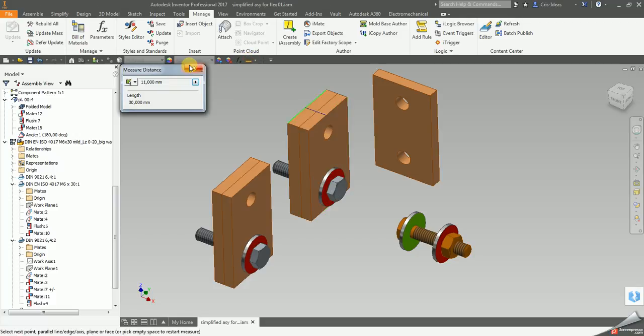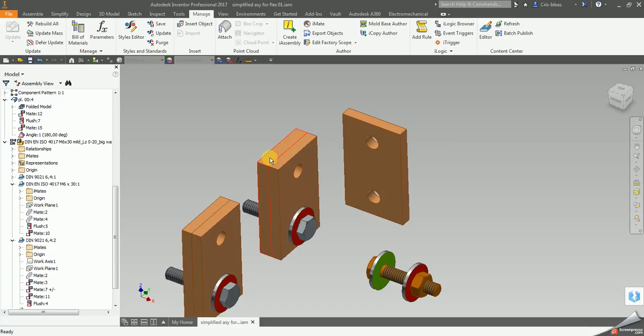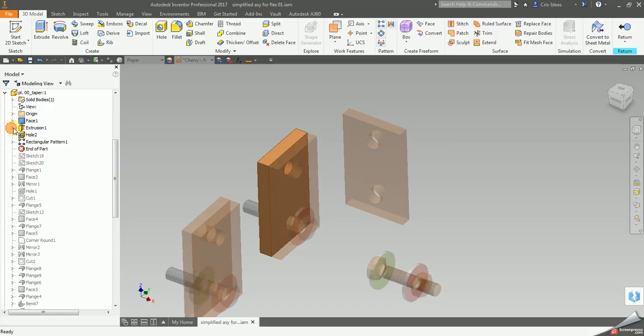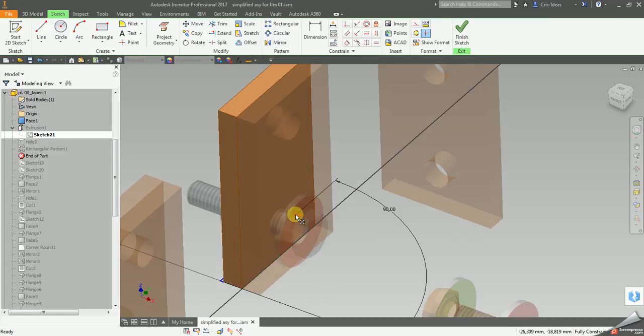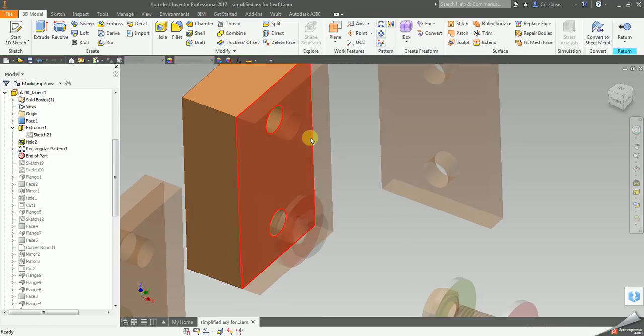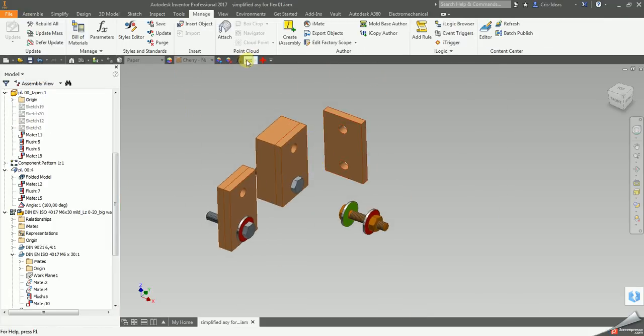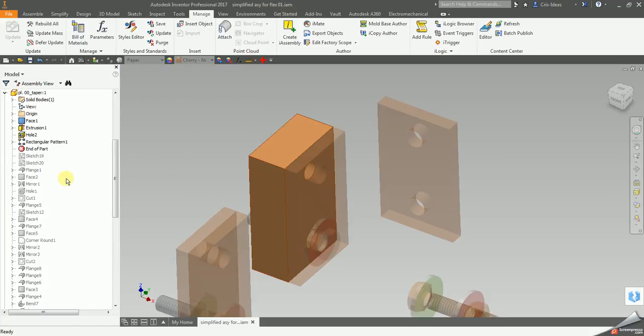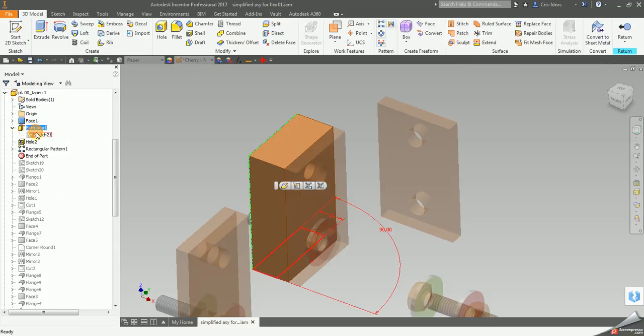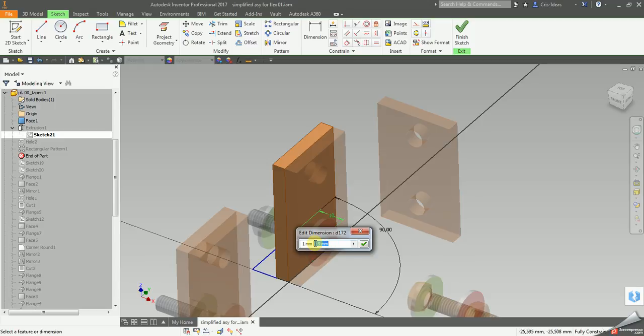So currently this is 11. If I add 7, I will be at the edge. If I add more than 7 to the thickness, I will be out of the range. So if I go here, I have prepared this extrusion, and if I specify, let's say, 1 plus 9, then the thickness of the material is greater than the bolt can accommodate. So from here to there we now have 20, and he showed me that if I now decrease the thickness to something that the bolt can accommodate, so let's say 1 plus 7,